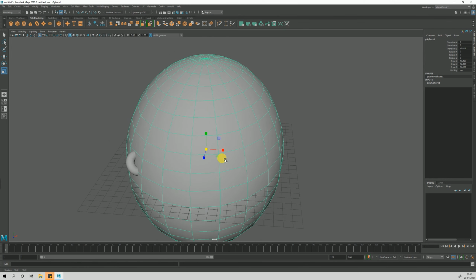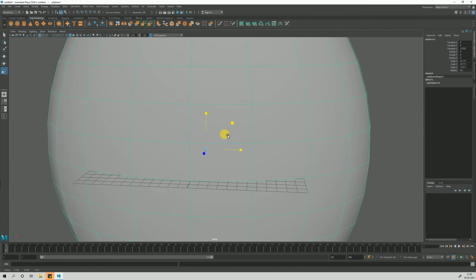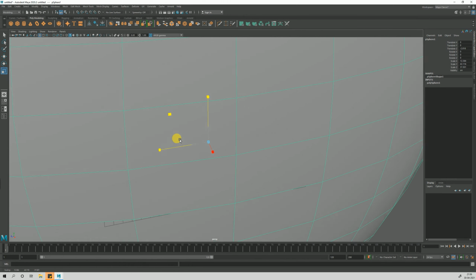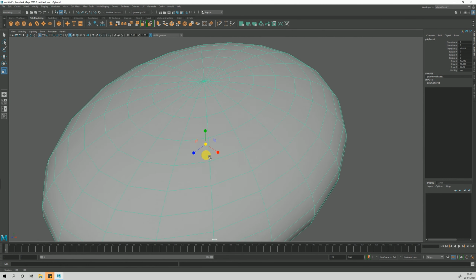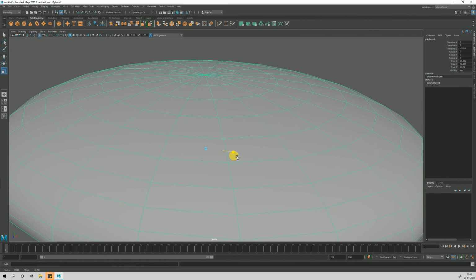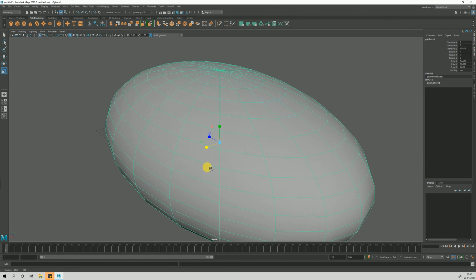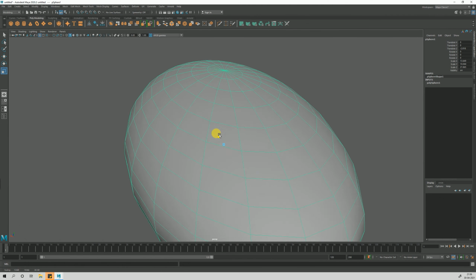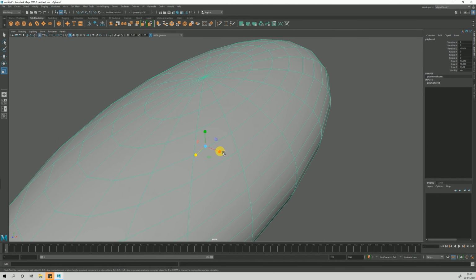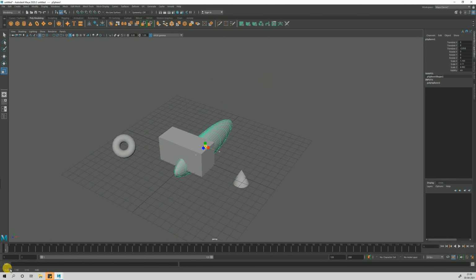The same goes with the move tool. To scale in 2 axes, you have 2 axis selection. Here you have 2 axis selection. All you need to do is click, hold your left mouse button and drag. You need to do this exercise. Scale in one axis, then alt left click, change your axis, and go back to normal.